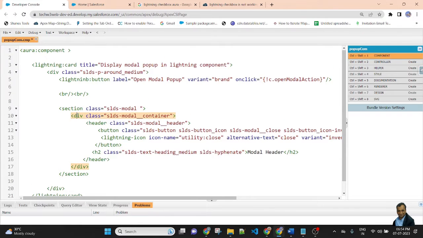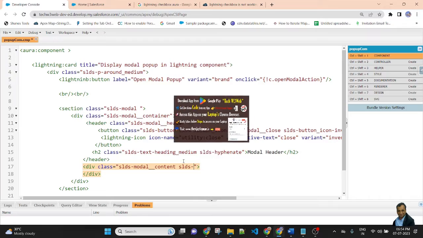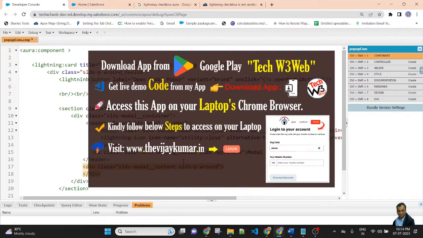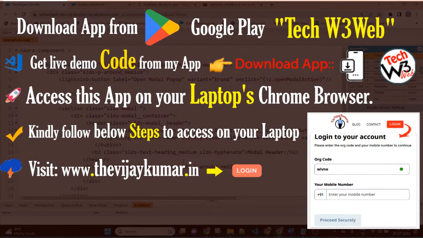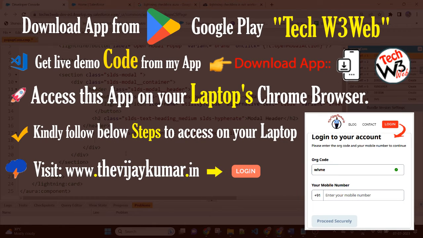Below the header, create a div and add the class SLDS-modal__content and another class SLDS-p-around_medium, so that the content has some padding space from the container.